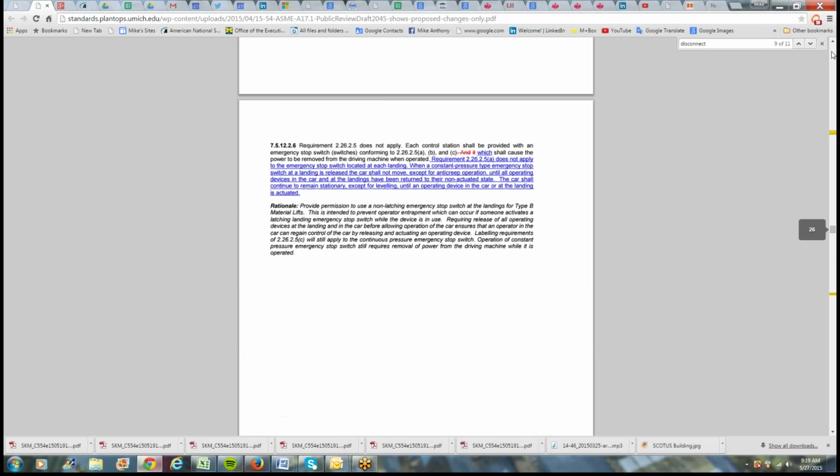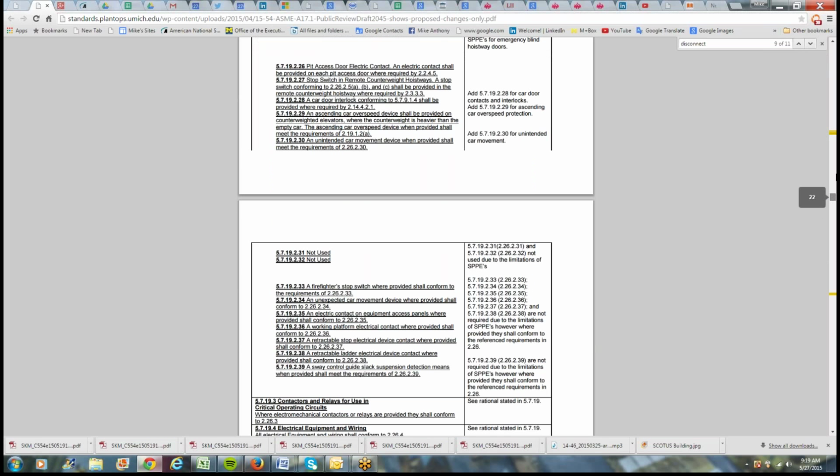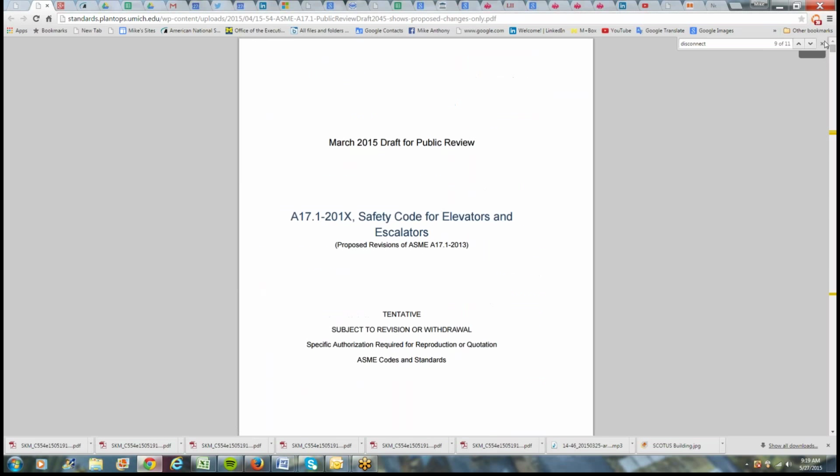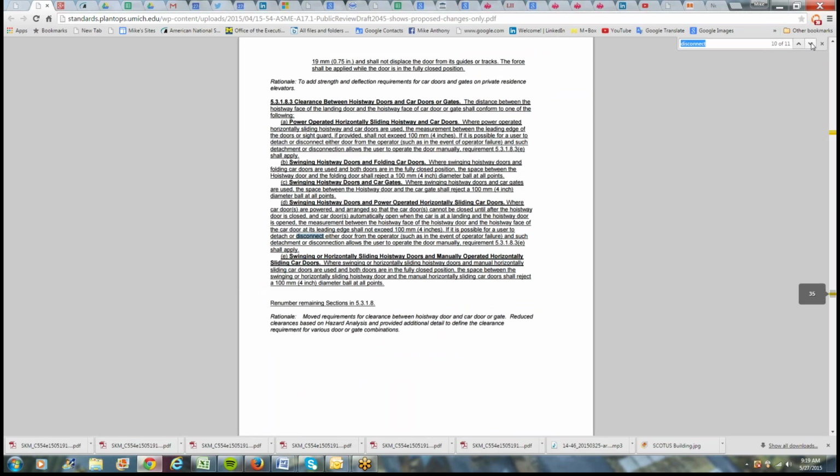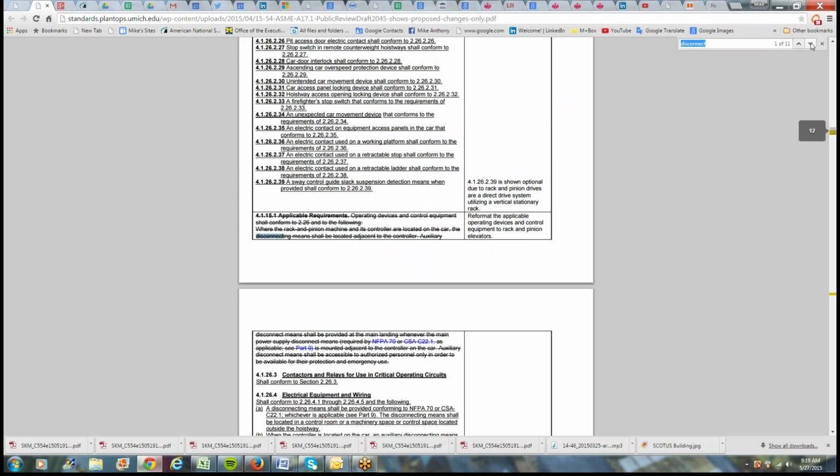Okay, now you have to have a conception of where the motor is in the hoistway. Typically it's at the top of the hoistway on a machine roomless elevator, because that's what we're talking about. On a machine roomless elevator, you have a blade type disconnect next to the motor, which is within sight of it. Then in the elevator controller